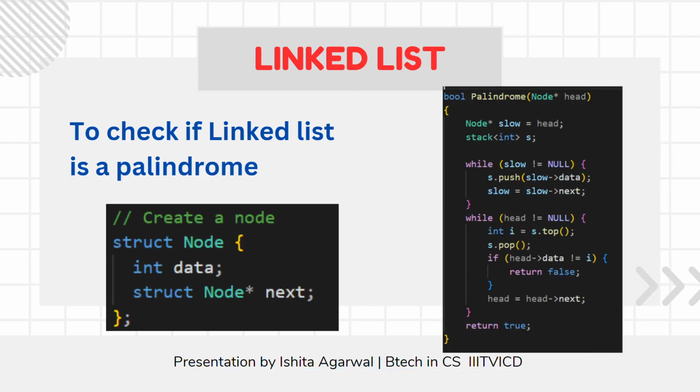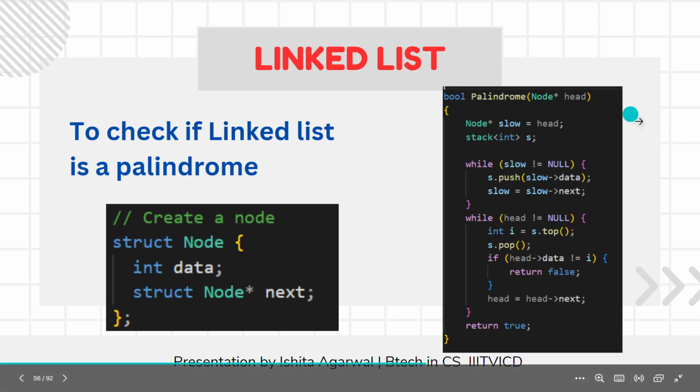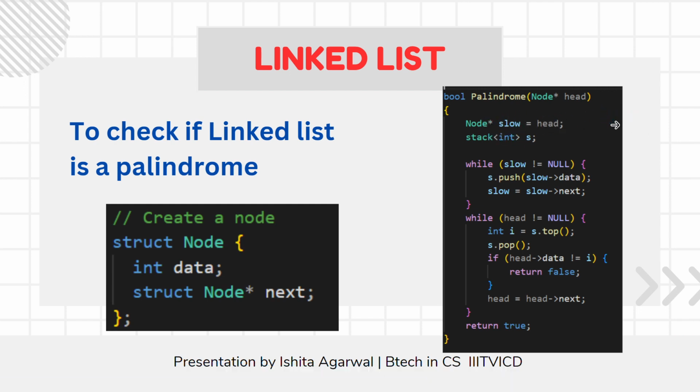This is our last question in our practice questions. This is to check if a linked list is a palindrome. Here we are given a linked list and we have to check if the linked list is a palindrome or not. What we are going to do is first create a node that is slow, which is initialized to head, and we are creating a stack here, S. While we traverse the whole linked list using the slow, we are going to push all the elements of the linked list in the stack, and